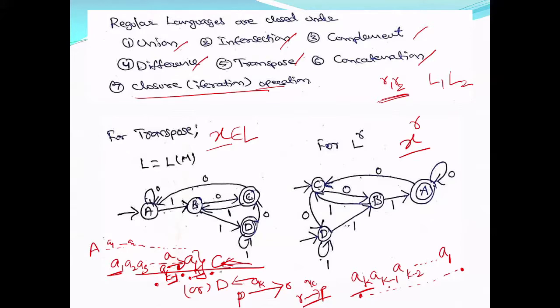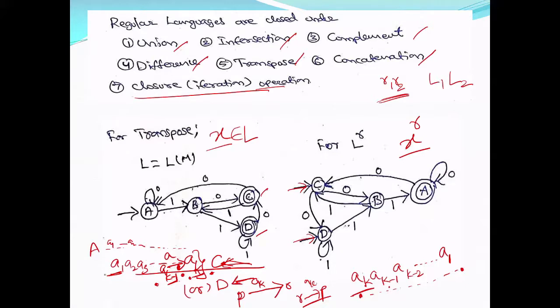Either you can start in C or you can start in D, because it may end here or it may end here. So see, C and D are made initial states. Either you start here or you start here. For some strings you have to start here, and for some strings you have to start here. If you start here, it may accept. If it does not accept, you can start in D and then process, right? So what I'm doing now is just reversing the transitions between the states. Then it is going to give you the reverse.